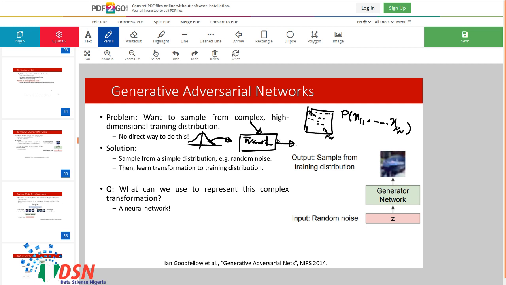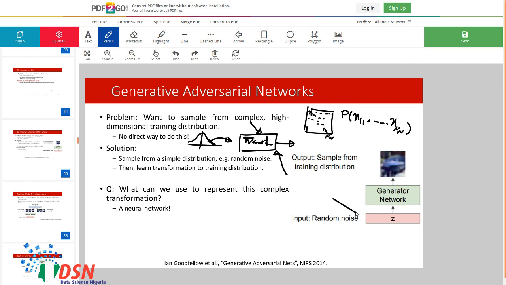To use a transformation, one possible way is to use neural networks to learn this transformation. The duty of the neural network here is to transform the simple distribution into the complex distribution of the data. So we call it the generator network.